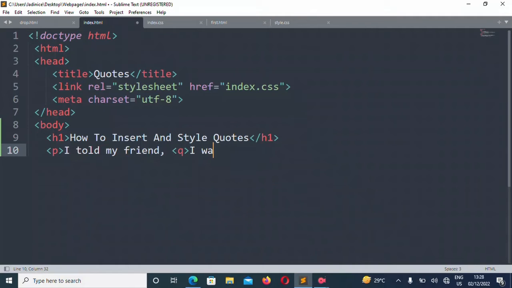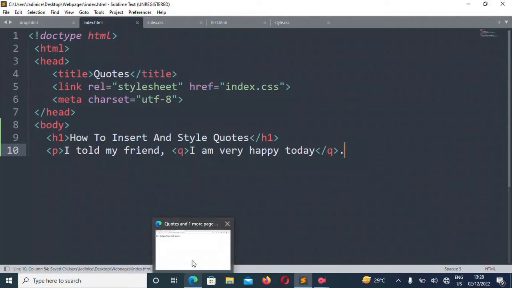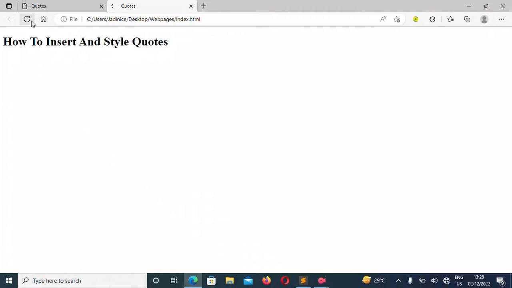I am very happy today. Then we close the quote. Then I add a full stop. Once I save it, you'll see it being refreshed as I told my friend, "I am very happy today."